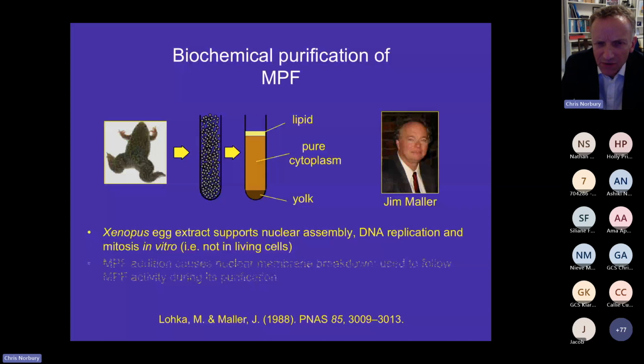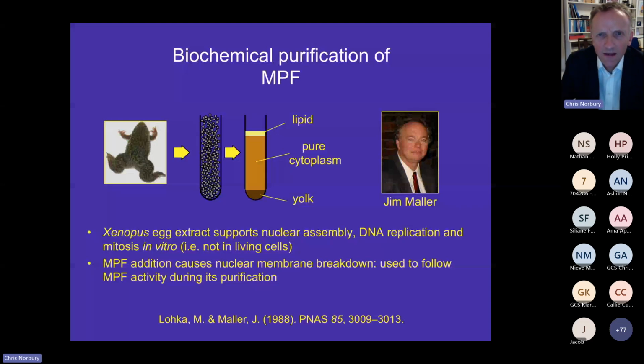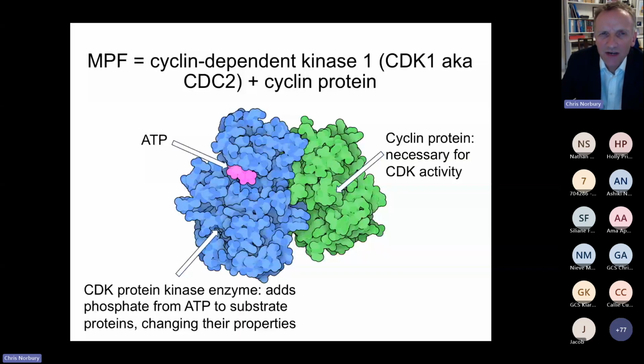And that's pretty much where I came into the picture. I was able to take Fred and Jim's purified MPF and show biochemically that it contained the frog equivalent of the CDC2 protein that had been found previously through the yeast genetic approach that we outlined. So it turns out that both of these very different lines of investigation, one genetic in the yeast, one biochemical in the frog, give rise to precisely the same answer, which is that the enzyme that drives entry into M phase is this